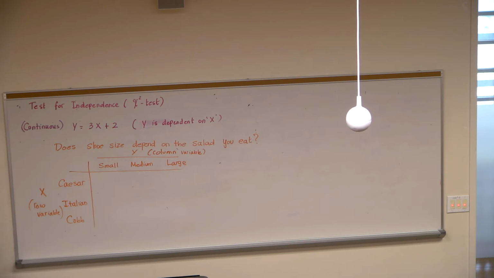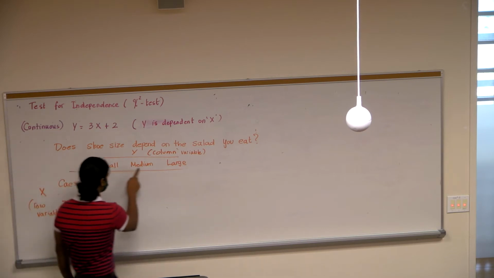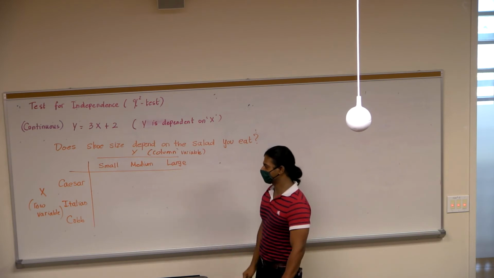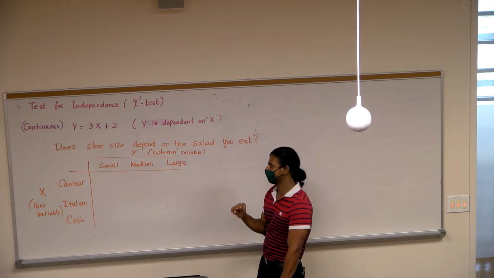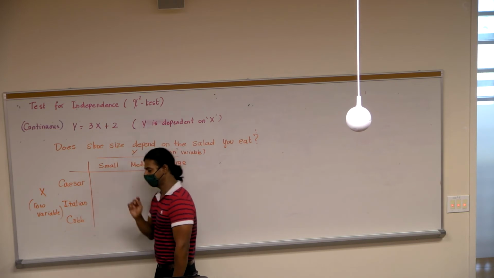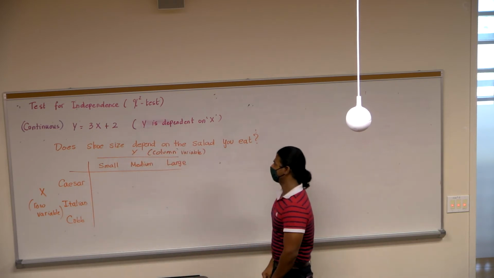So in how many levels did we measure shoe size? We measured in 3 levels. Yes? In how many levels did we measure the type of salad that people eat? 3 levels. Caesar, Italian, and Cobb. Our objective is to